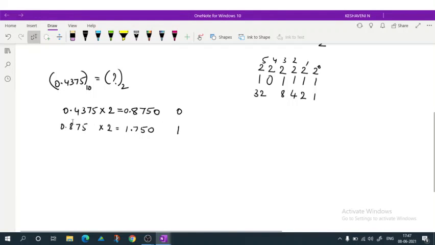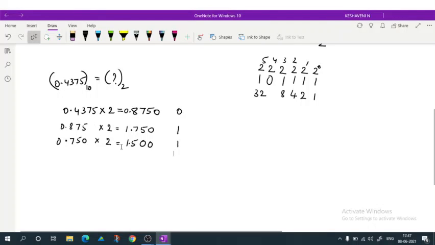For the next step you have to consider again 0.750. 0.750 multiplied by 2. If you multiply: 2 zeros are 0, 2 5s are 10, 1 remaining, 2 7s are 14 plus 1 is 15, 3. 1 2 3. Now see, 1 is remaining here, so write down 1 here.